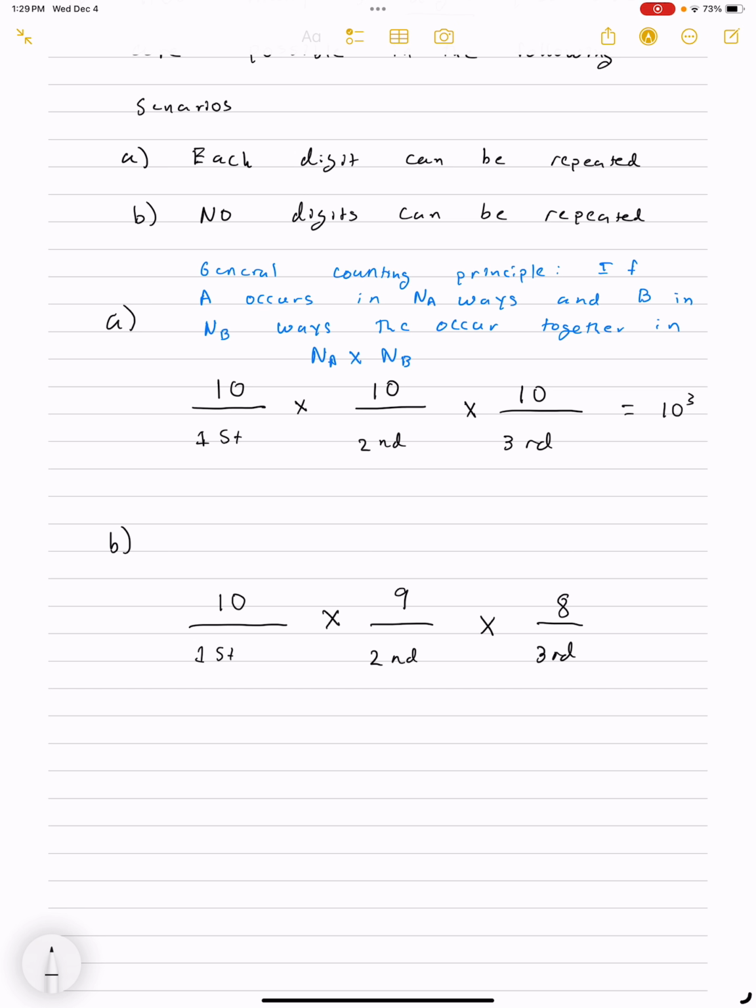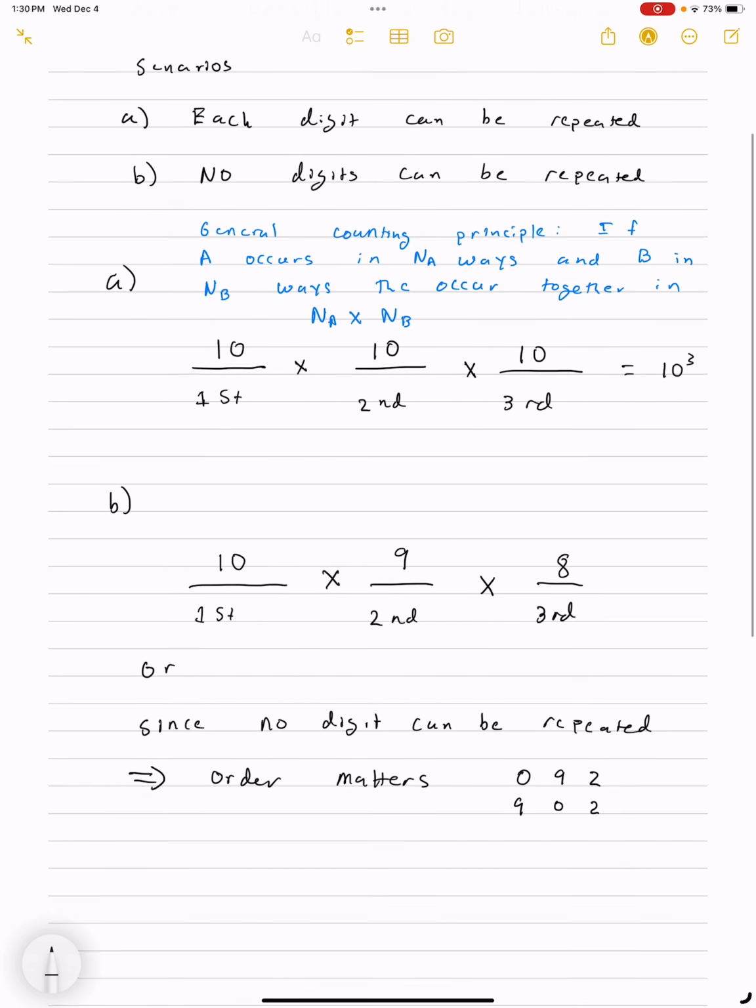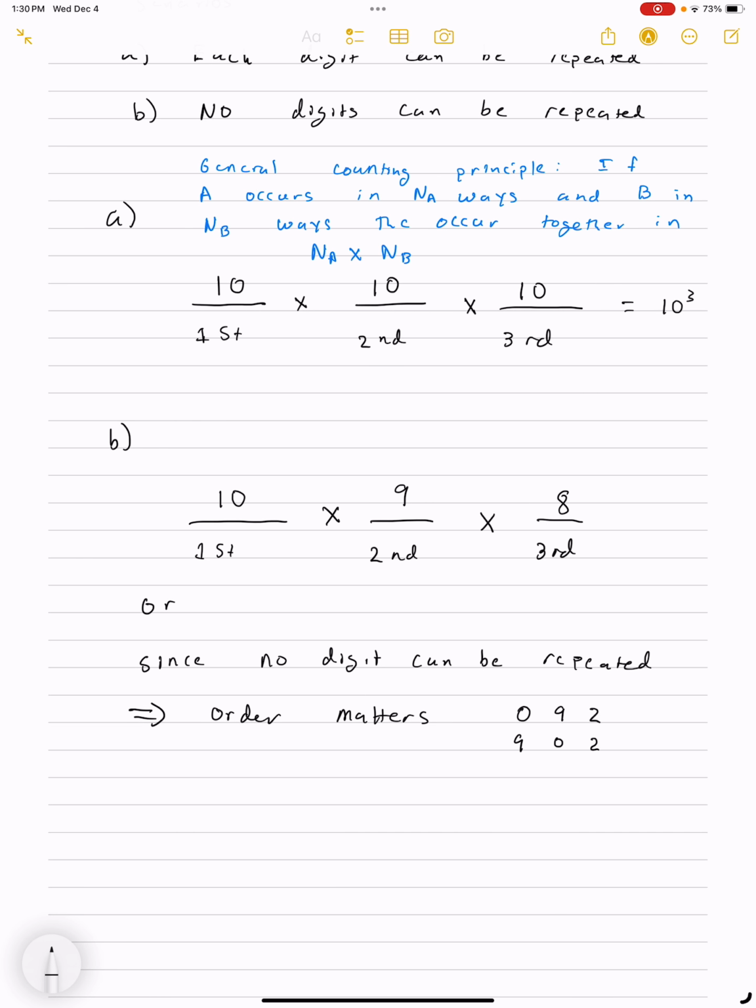We could have recognized this as a permutation and said, since no digit can be repeated, that tells us that order matters. That is, if I have the password 092, that's not the same password as 902, where I've just reordered those digits. And so all I'm doing here is selecting 3 of the 10 digits with regard to order because these are different passwords. Order matters, so we can view this